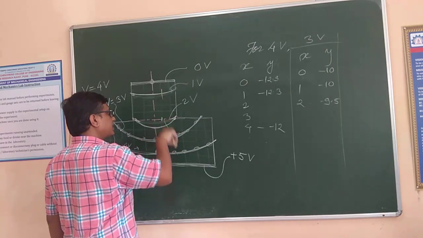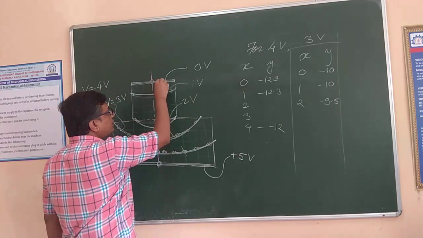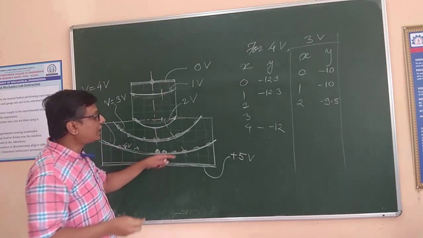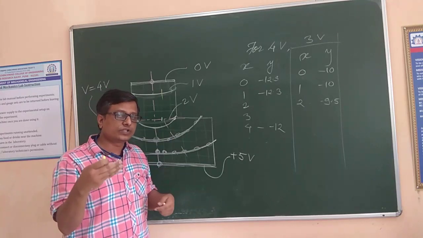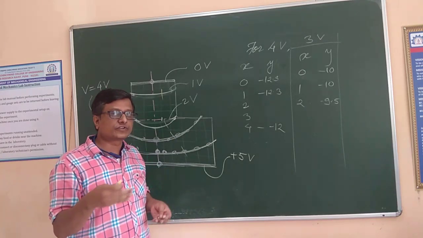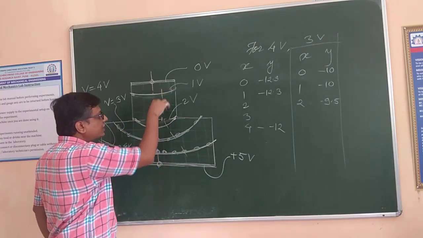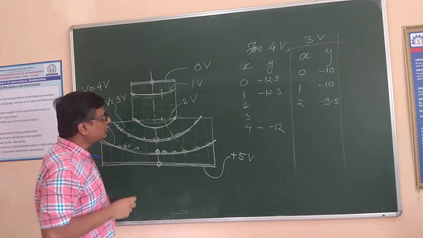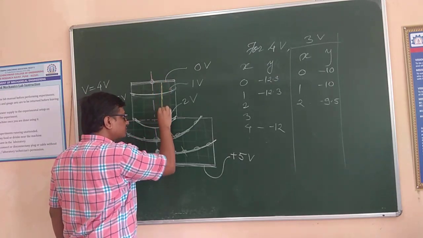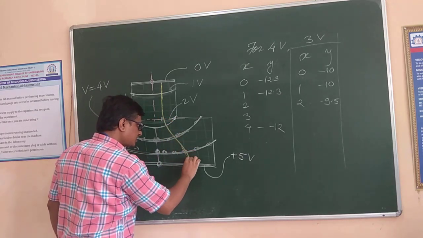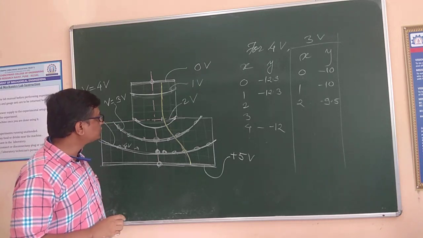Here maybe something like this. Here maybe something like this. Here maybe something like this. So if I join these points, see, we have taken the equipotential curves at the difference of 1 volt. If we take the equipotential curves at the difference of say 0.1 volt, then there will be multiple curves, and at every point if we try to get the perpendicular to that, one more curve we will get, and this curve is something like this. I have indicated it by the yellow colored curve, and it is totally different.